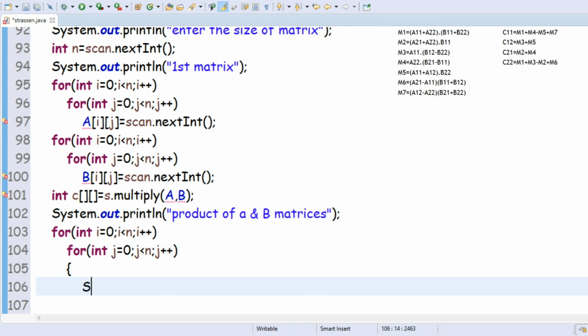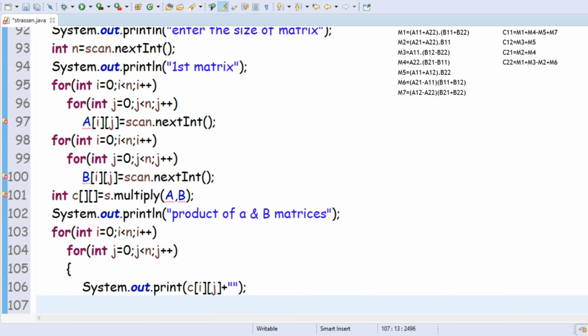So here we are printing the matrix, System.out.println. So here we are printing the matrix, so it must be in order. So c i j, j plus.